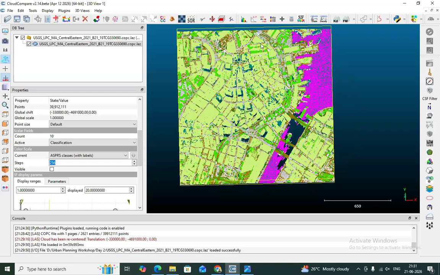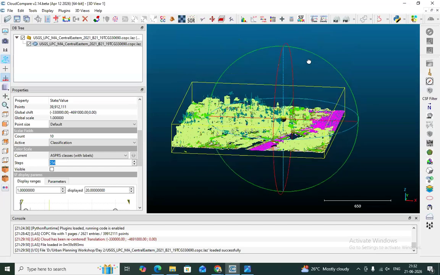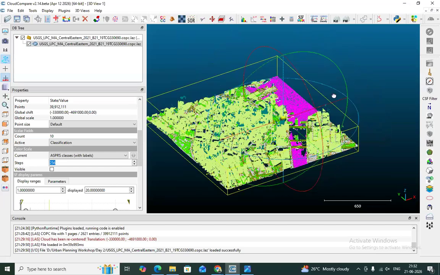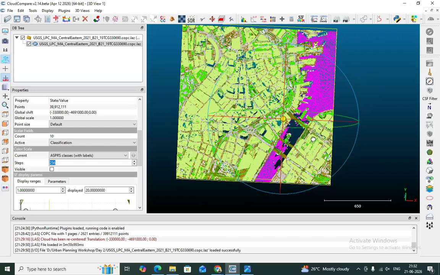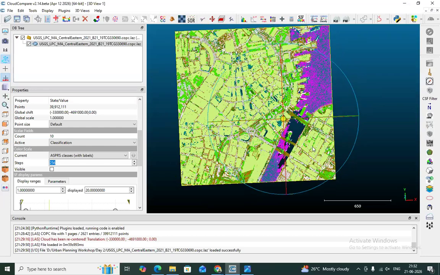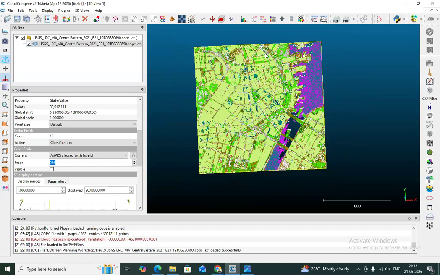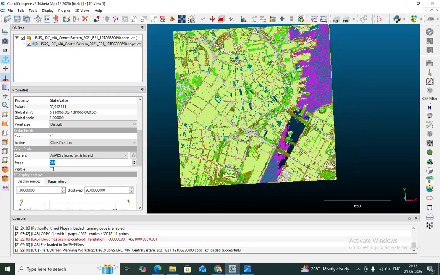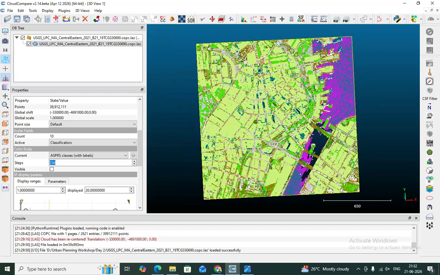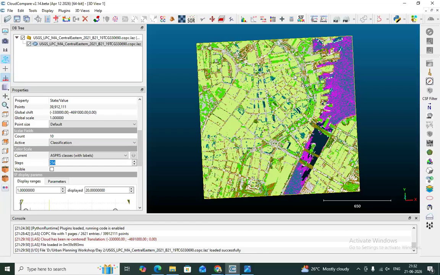You must cut out a portion and then work with that. That will be much faster. If you work with the whole data set, it will be very heavy processing. So it is better to reduce the amount of data.